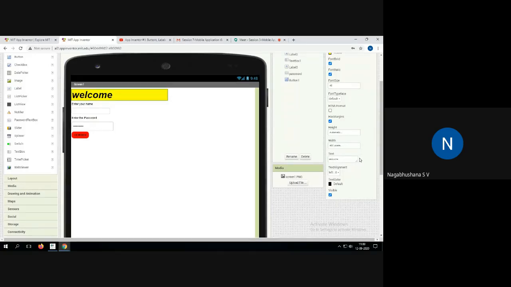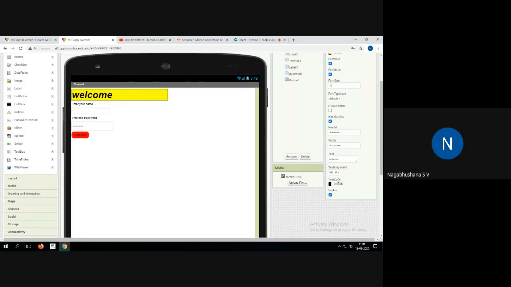So it is possible to make your application interface very attractive by using these properties. The same thing, if you want to do it in the Android Studio framework, you have to do a lot of coding, and text, colors, and other properties have to be set at runtime. Here it is very simple to do. You can have a very good application interface here. In fact, whatever programs you have, all these programs can be made to work on this specific platform. Similarly, if I want to make it center, I can make it center.